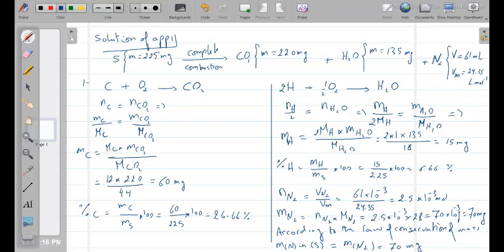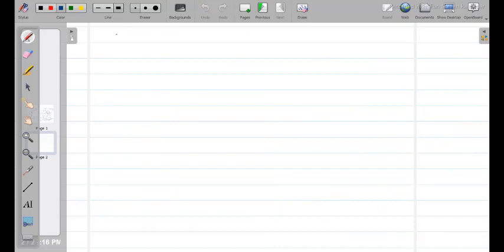Now we can deduce the percentage by mass of nitrogen equal mass nitrogen over mass of S times 100, equal 70 over 225 times 100, equal